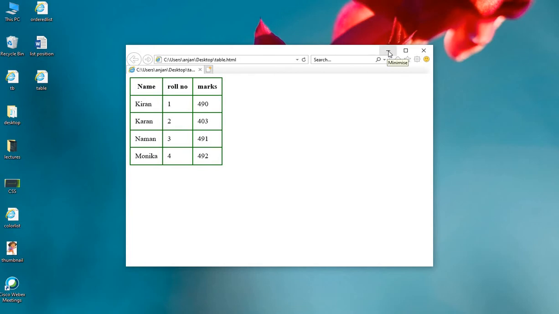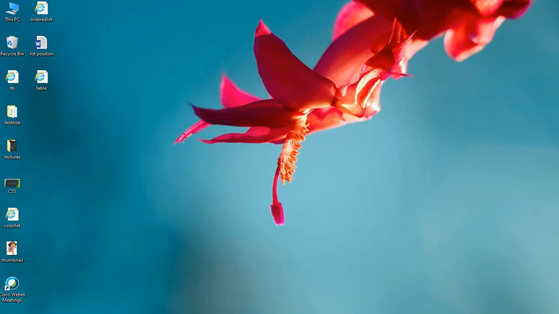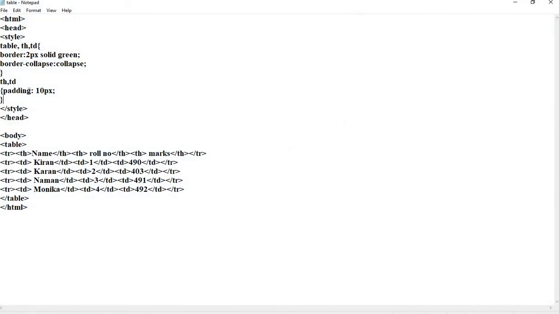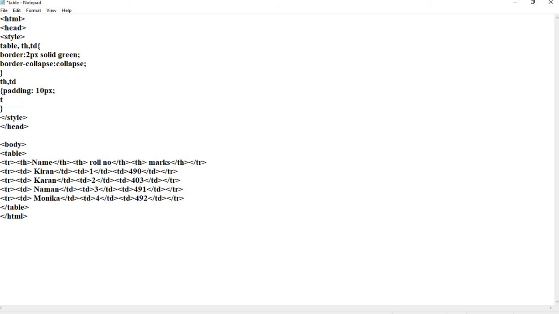So let's move to the align property. Now suppose I want to align my heading or text towards the center of the cell. I can write text-align, value center.